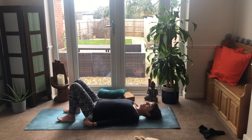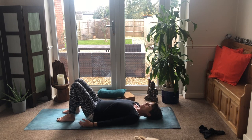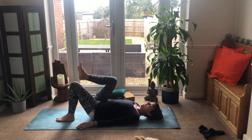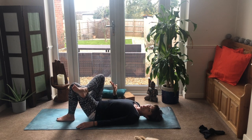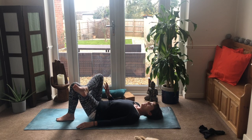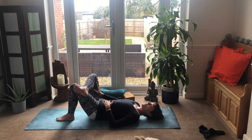We're going to relax through the shoulders again, lengthen through the neck, chin dipping down. We're going to take our right ankle to our left thigh, so making that figure four or your supine pigeon pose here. Just take your right hand, place it on the inside of your right thigh, but don't push. We're not shoving the leg down. Just the fact that it's there, it's just going to activate through your body to maybe just release that hip